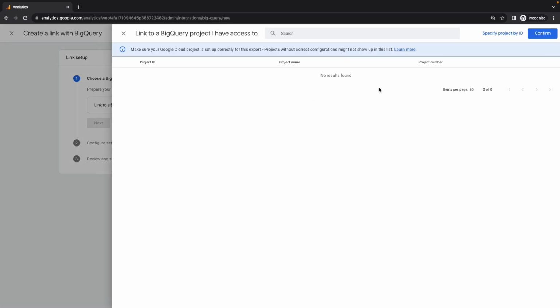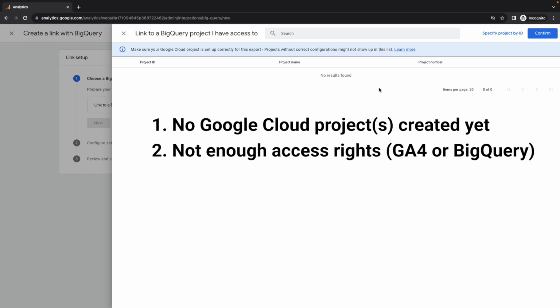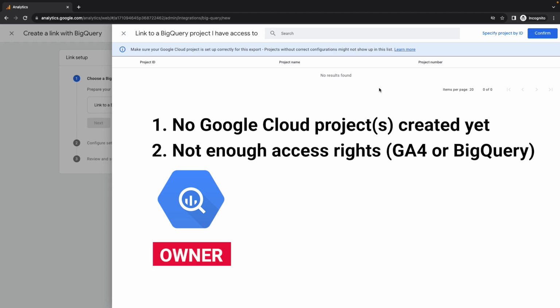You might see no BigQuery projects here, or you are unable to create a link. And there could be multiple reasons for that. First, you haven't created any BigQuery projects on Google Cloud yet. And second, you have access to a BigQuery project, but your current Google account might have insufficient access rights in both platforms. To create a link in BigQuery, you need to have owner rights and at least editor rights in Google